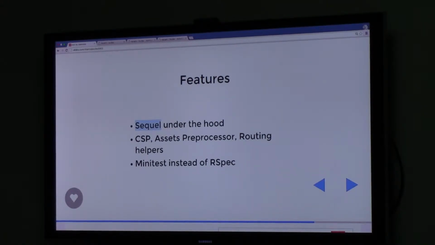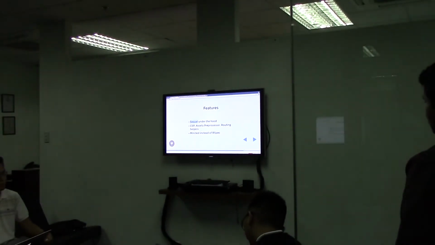It's still not yet version 1.0. It's still 0.7.2. So there are still a lot of, I think, not so much. For me, it's very complete feature-wise. It's just more on the conventions to try to improve, to change, and try to set the defaults. But for making big apps,